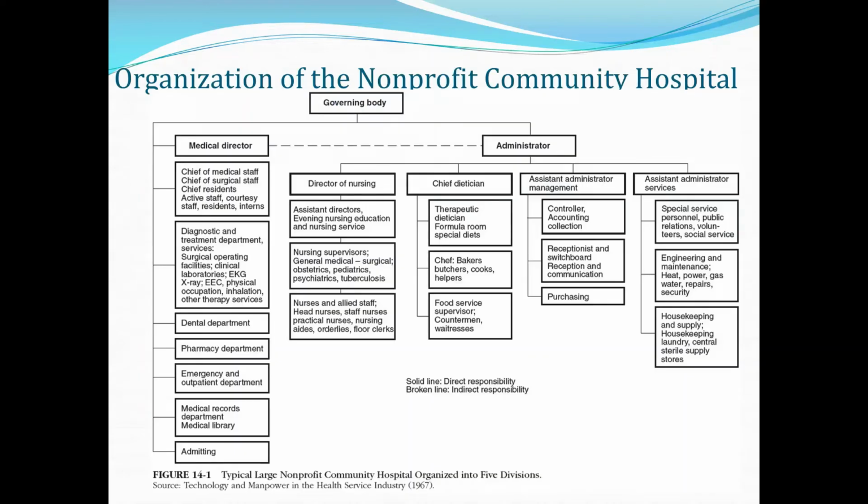And so here is an organizational chart of a nonprofit community hospital. And here, what I'm trying to get into is the dual authority structure, right? So here we have the governing body of the nonprofit community hospital, usually comprised of a board of trustees. Under that governing body, we have two major,